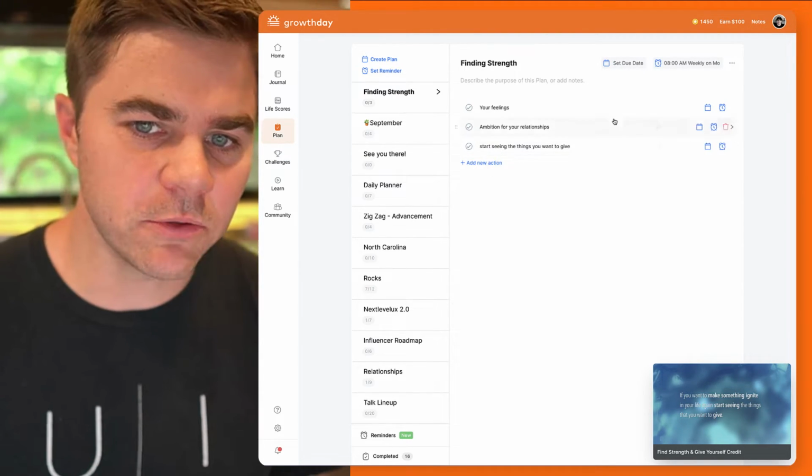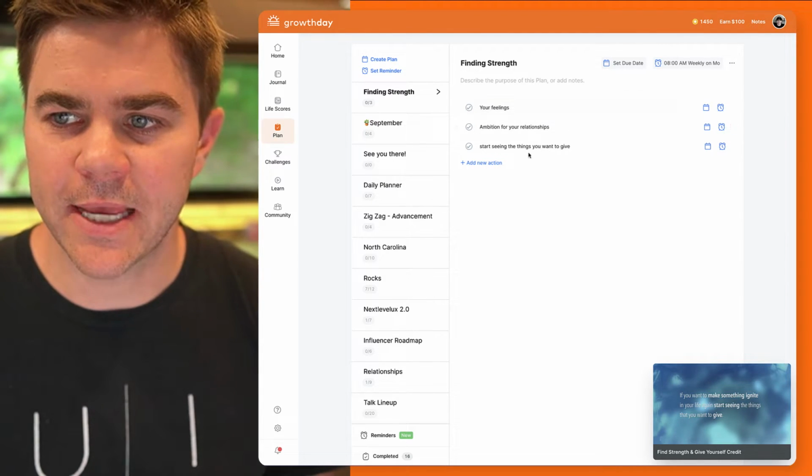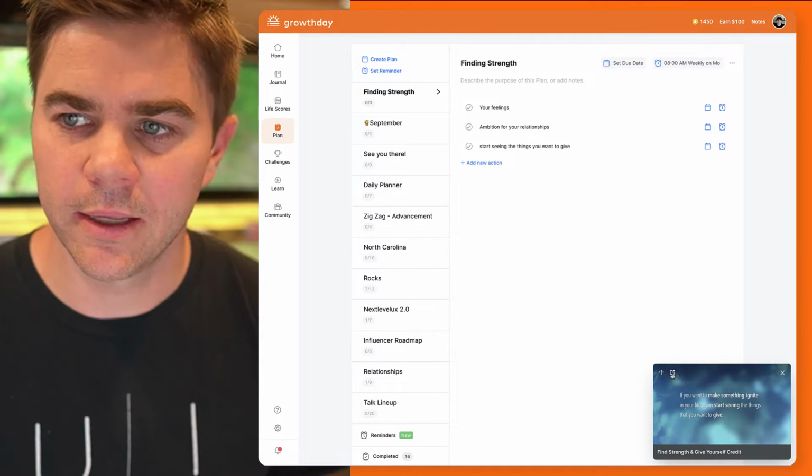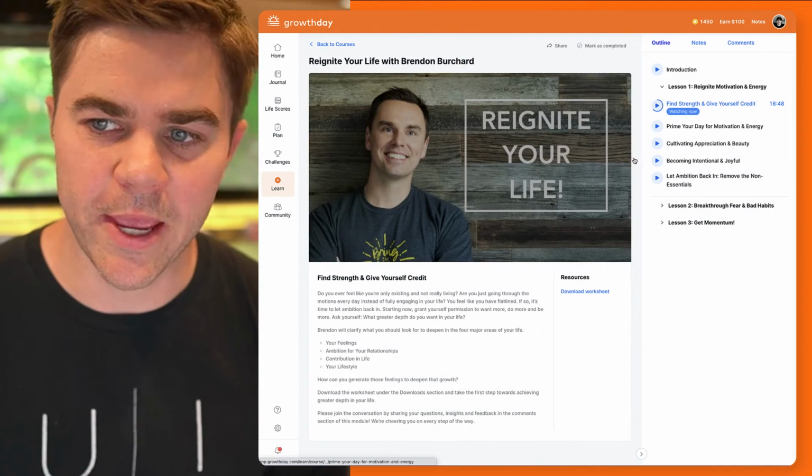And I could also still just go back to this course and take notes and get the same sort of effect, and be able to see that in my notes panel in the page. So then if I start taking